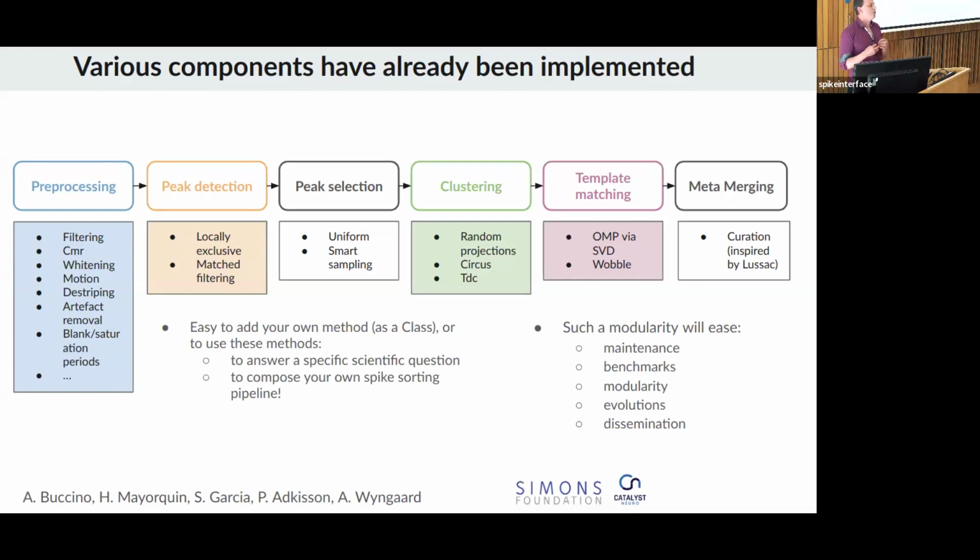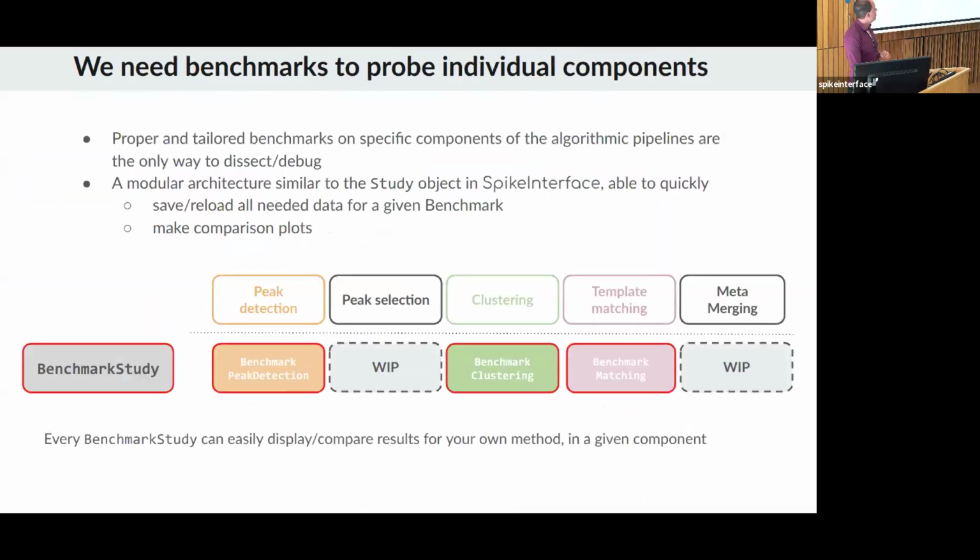because those pipelines are complicated recipes at the end of the day. And if something goes wrong, we'll need to know exactly when it goes wrong. And to do that, we'll need to open the box and properly benchmark the steps all across the path. Otherwise, at the end, when something goes wrong, we just tweak parameters, launch, wait 5 hours, and I don't know, getting no insight about what has gone wrong and why. So the modularity will ease the maintenance, the benchmarks, the evolution, and the dissemination also. It will allow the work to be disseminated quicker and ideas to also spread in the community.